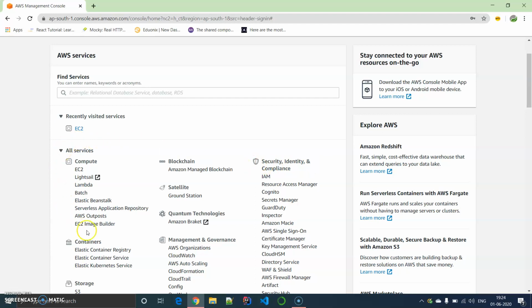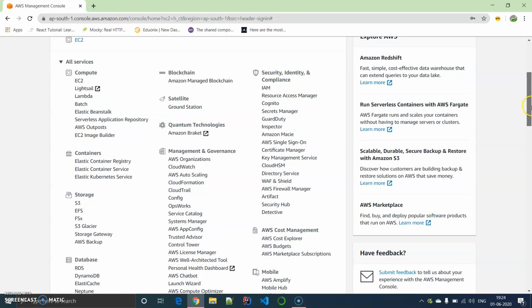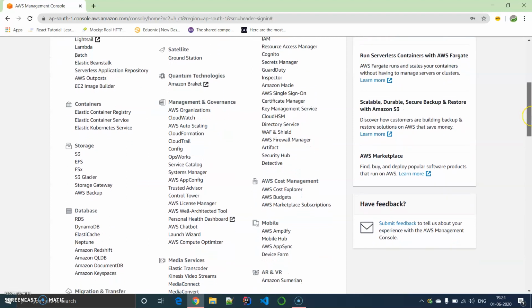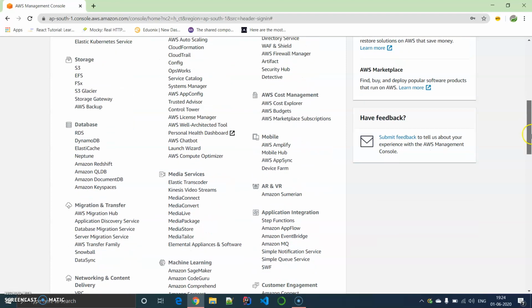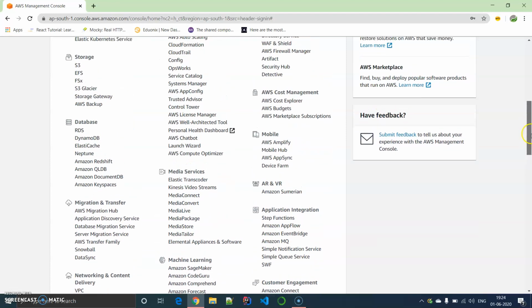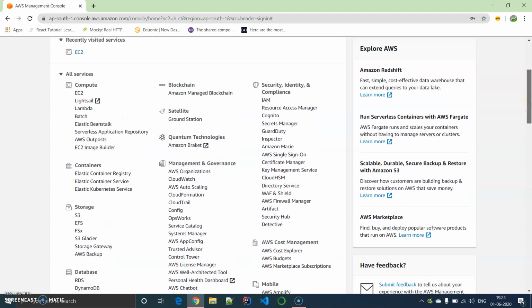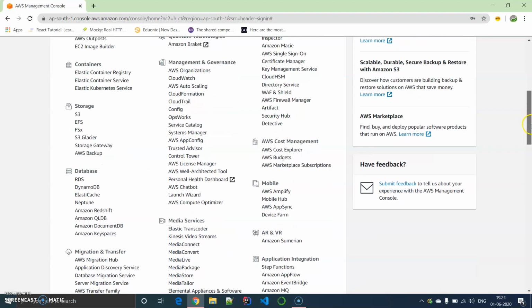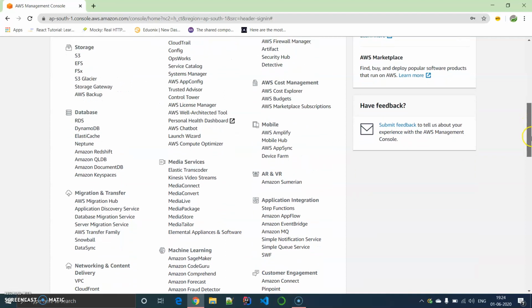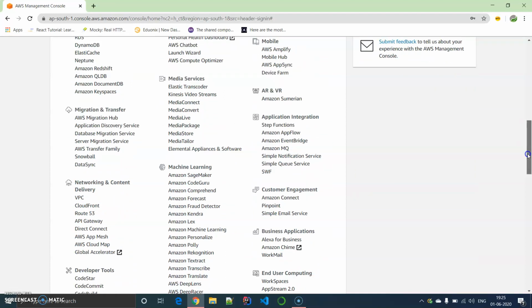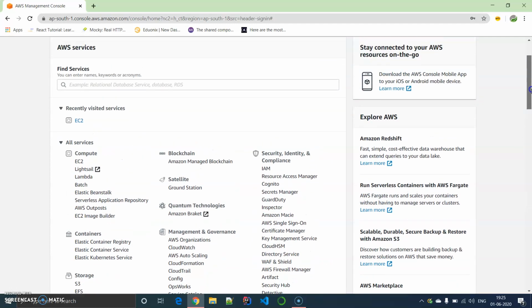In terms of compute, you will see EC2, Lightsail, Lambda, Batch, Elastic Beanstalk, and various others. In terms of containers, also storage, and database, in which RDS and DynamoDB are very famous. Migration and networking, instances for blockchain, and for security, identity and compliance, and here application integration. Many more modules you can venture out into over here.